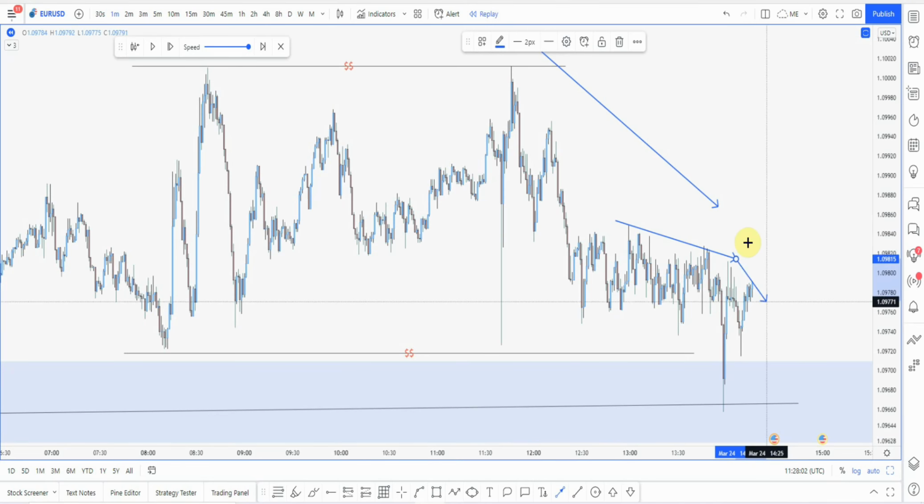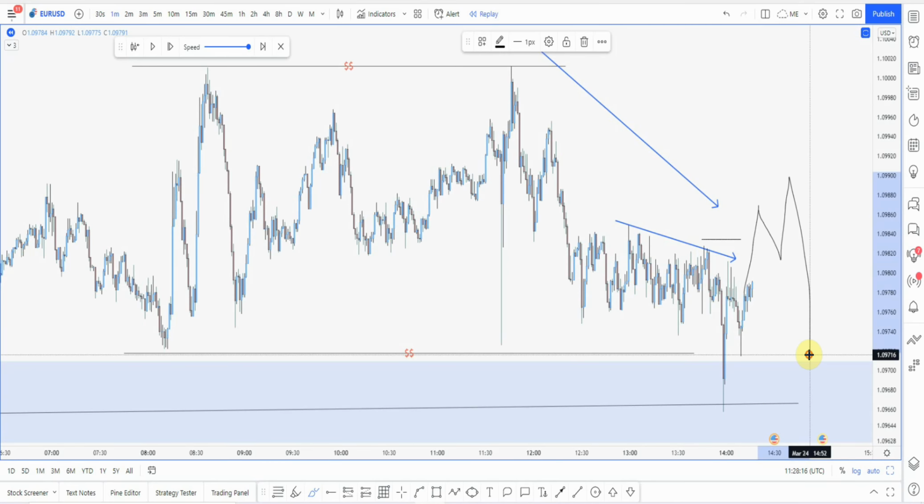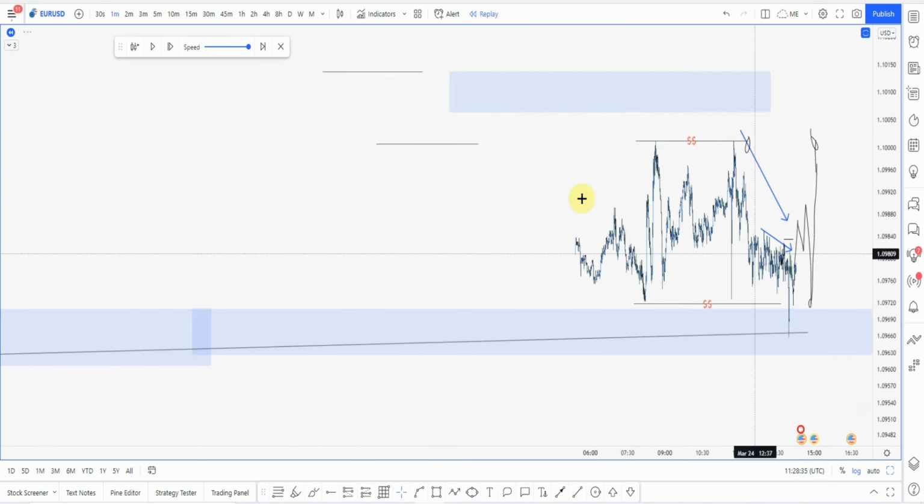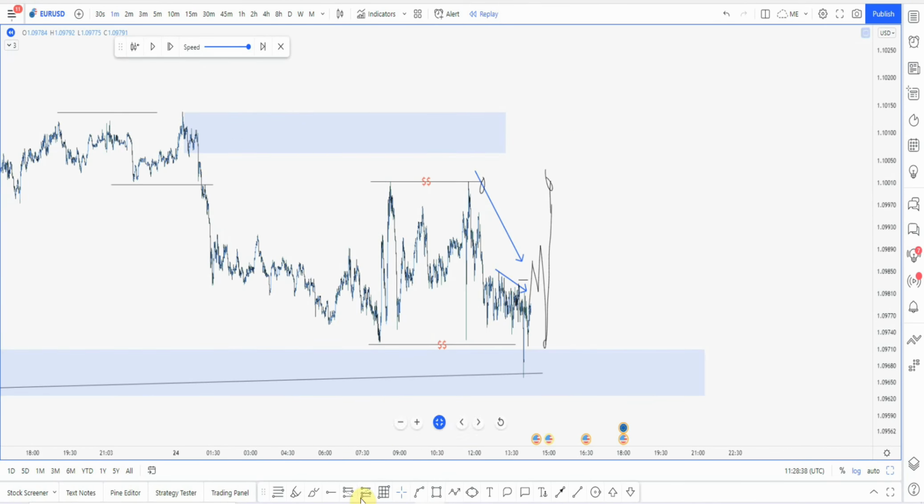Okay, I was thinking now the market broke this high, okay, for example retrace, then broke and then came back to this point, and then I look for buy in this region until this point, okay, and then I look for sell in my point of interest to the downside, like that.